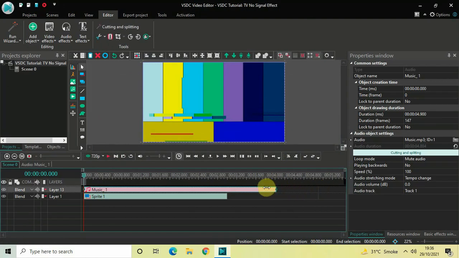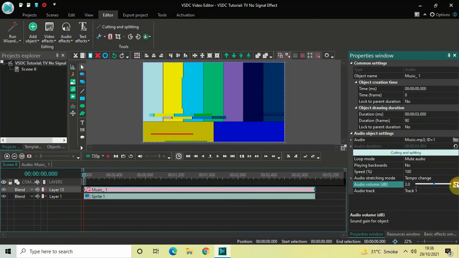Let me just decrease its duration to 3 seconds, and let me increase its volume a little bit. So if you look inside the audio object settings, you will find this audio volume option of the audio. So increase the audio by, let's say, 5 decibels. Perfect.